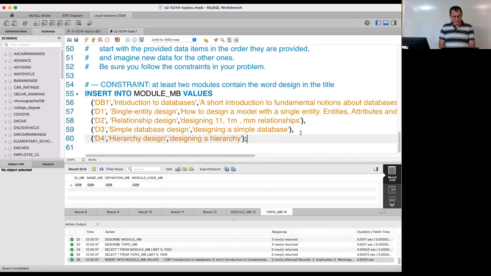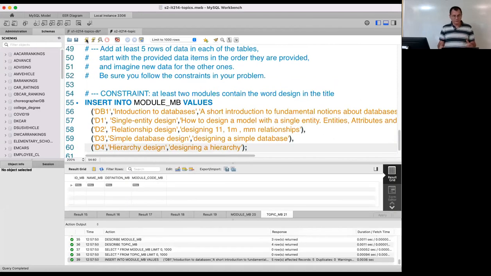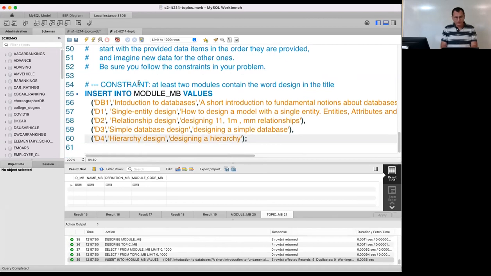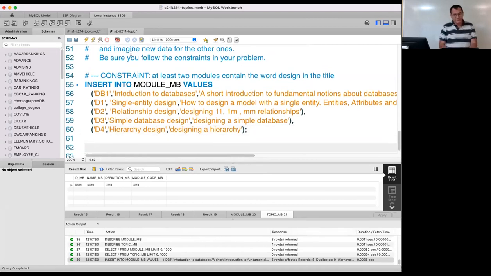It's good to test after each line, doesn't take you long, and you will know where you made the mistake, because otherwise the errors might be hard to interpret. You will not know exactly which line gave you the mistake. So this added some values in one of the tables, and I showed you how this constraint is represented. Same thing, you need to be sure all the constraints that satisfy the data. Now I want to